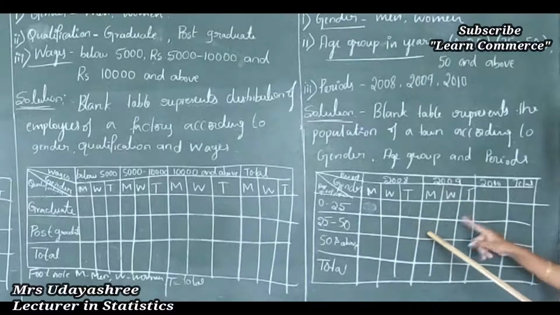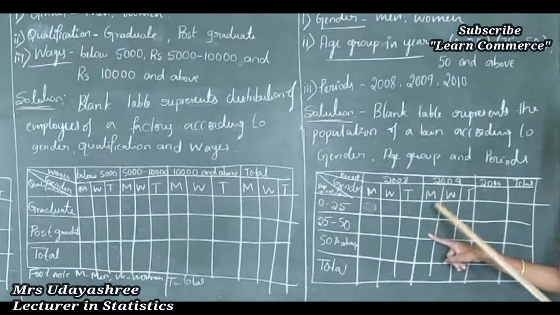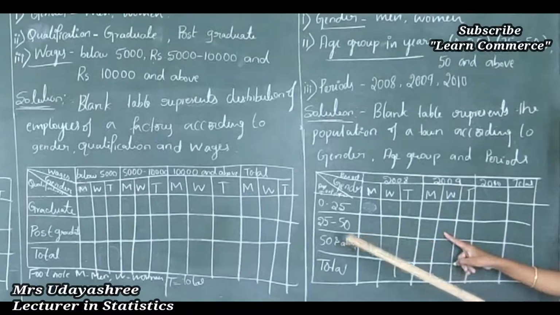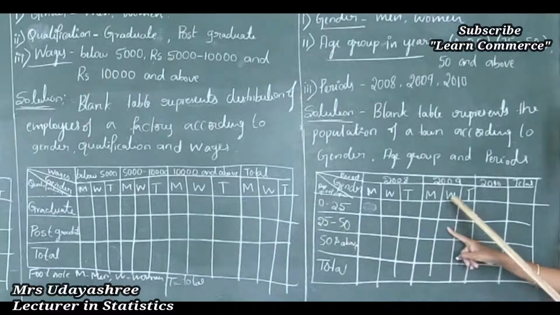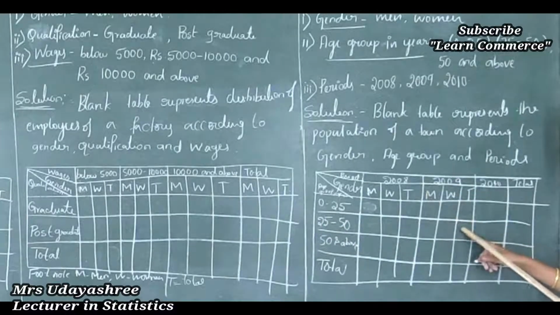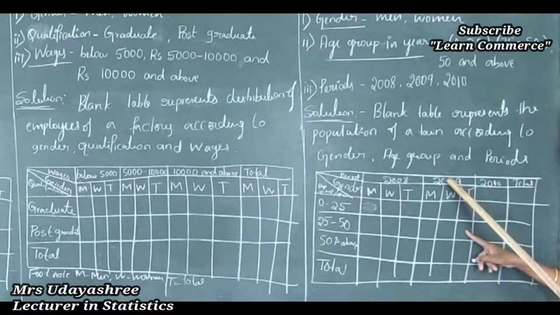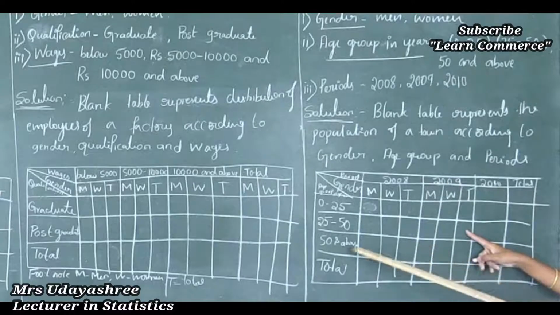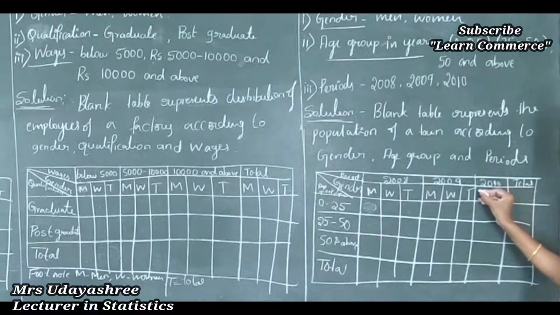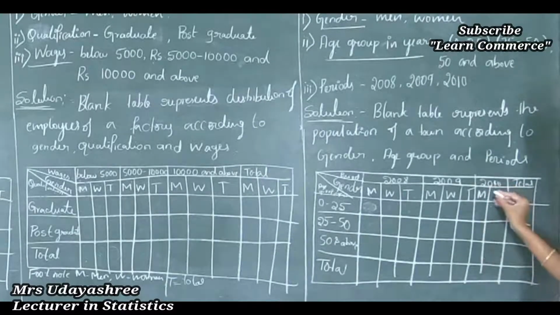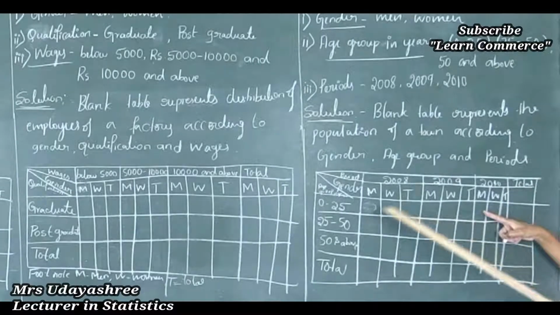Like that this cell indicates the age group between 25 to 50, the men population in 2009. Like that this cell indicates the age group between 25 to 50, the women population in 2009. Like that this cell indicates 25 to 50, the total population in 2009. Like that this also 50 and above and total. Like that in 2010 men, women and total. See here this cell indicates the age group 0 to 25,